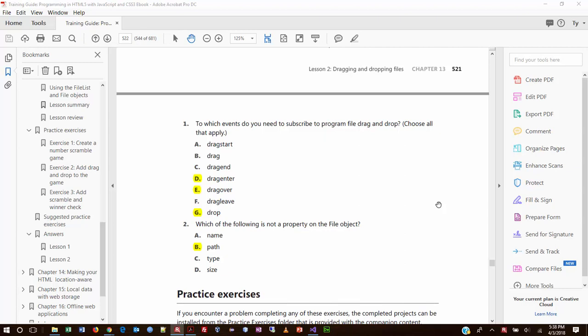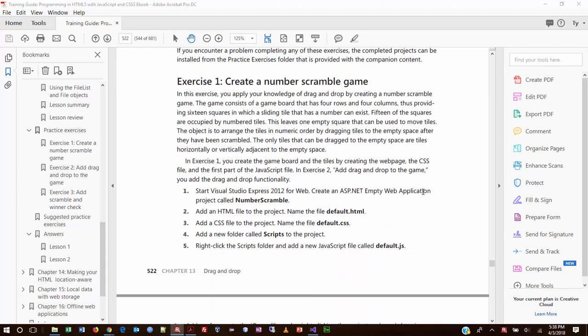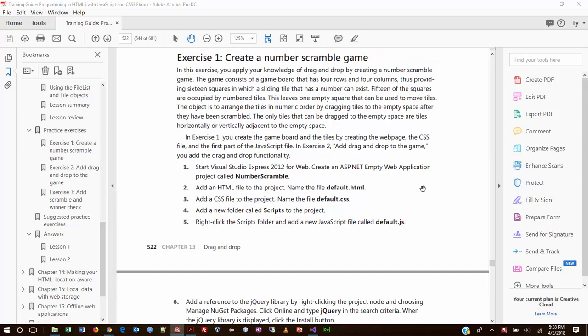Hello, today we're working on the Chapter 13 exercises. We're at the top of page 522. And what we're actually doing here is we're going to use the technology that we've learned about in this chapter,